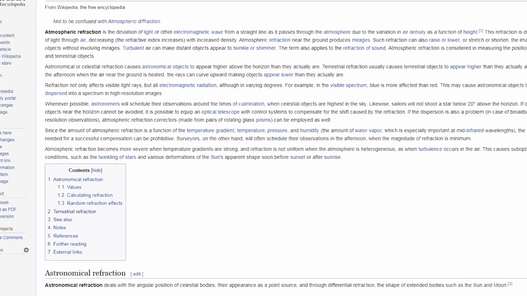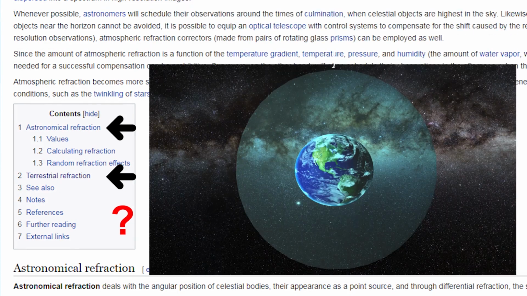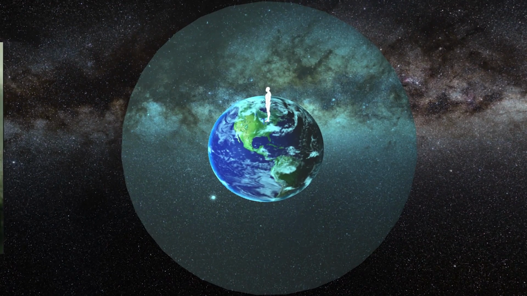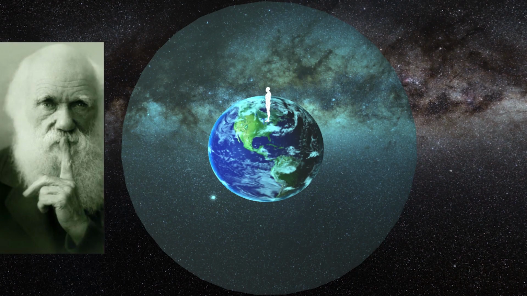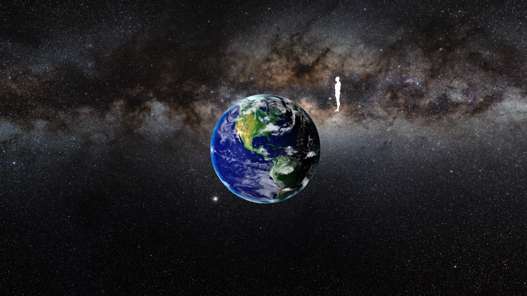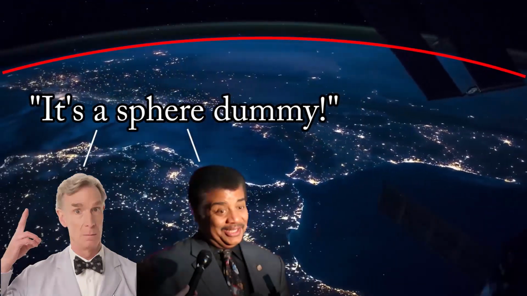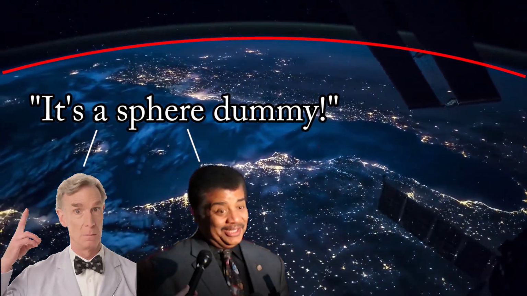Wikipedia does not discuss this phenomenon. Astronomical and terrestrial refraction are both instances where the viewer is on the surface of the Earth. Physicists do not discuss the phenomenon. It's as if they assume that there's absolutely no visual distortion for the viewer outside of the atmosphere, which is a complete physics fallacy. Now, every time you've heard someone say, "The Earth is a sphere, haven't you seen pictures